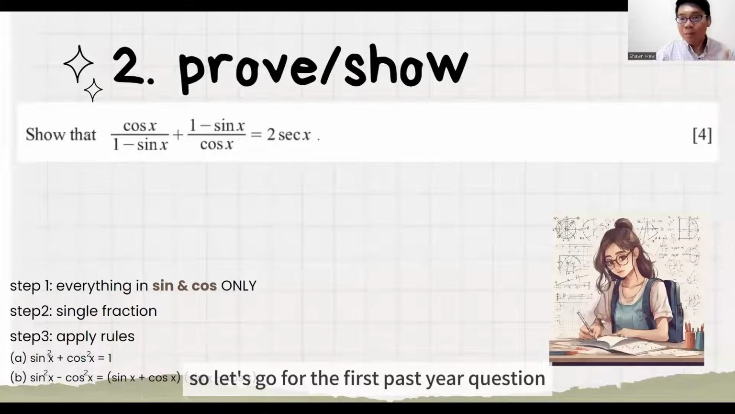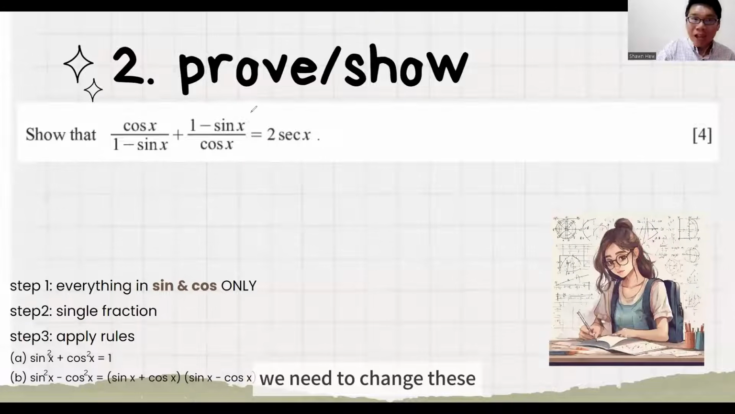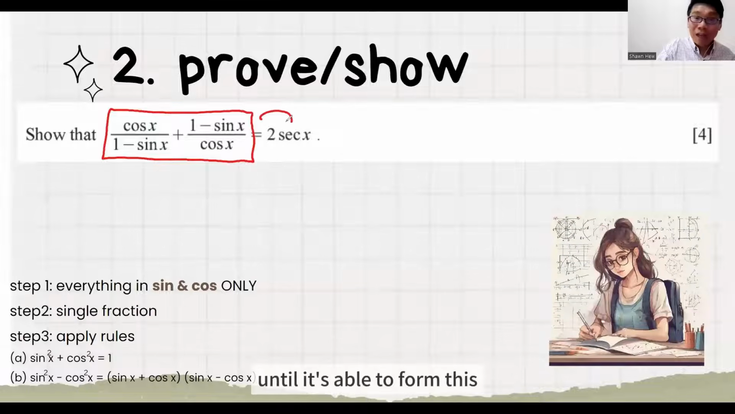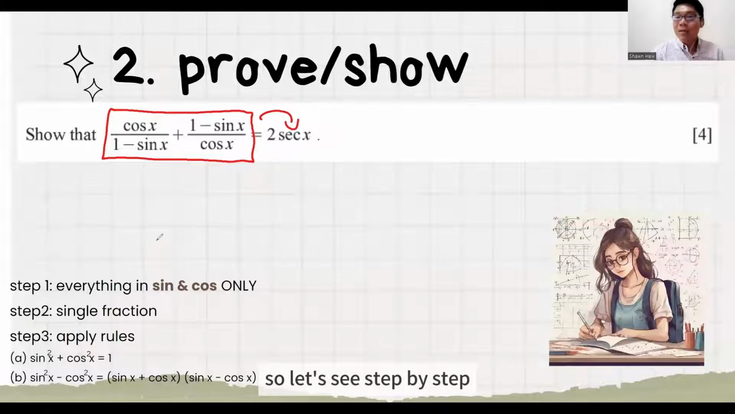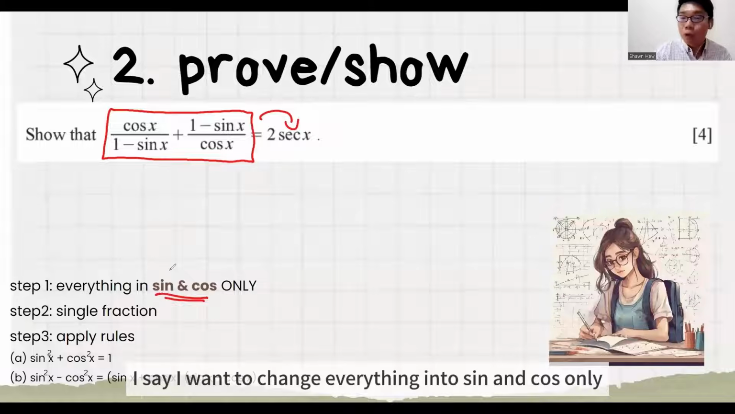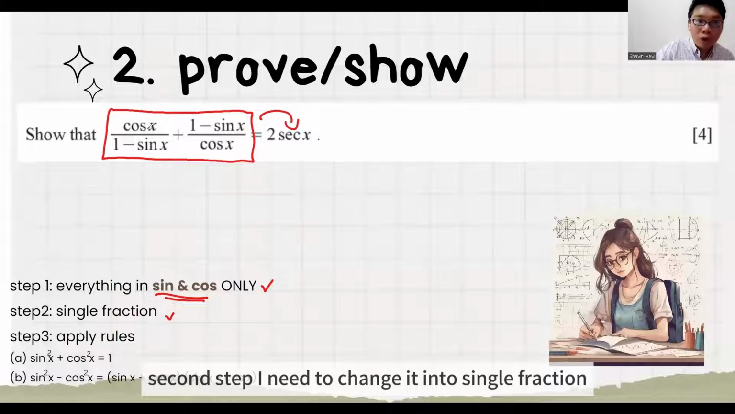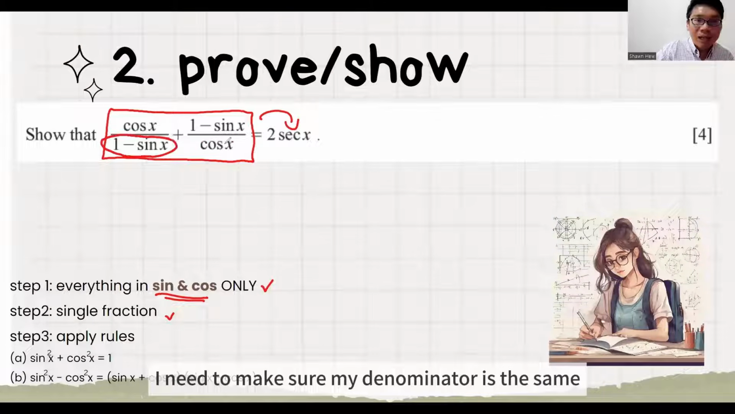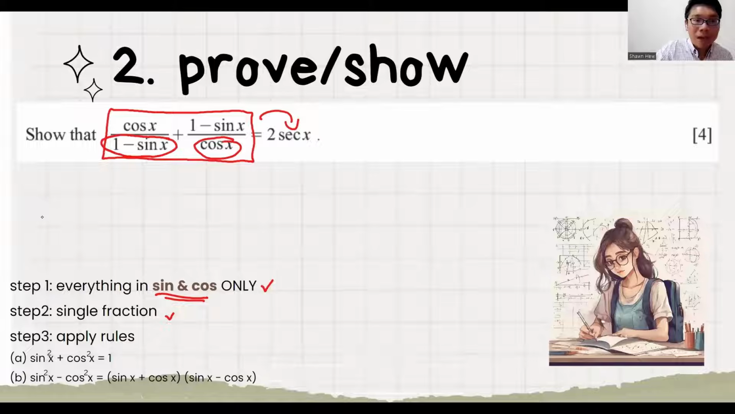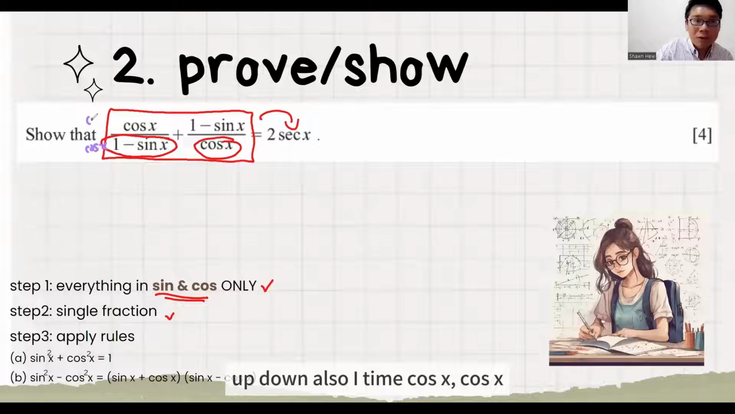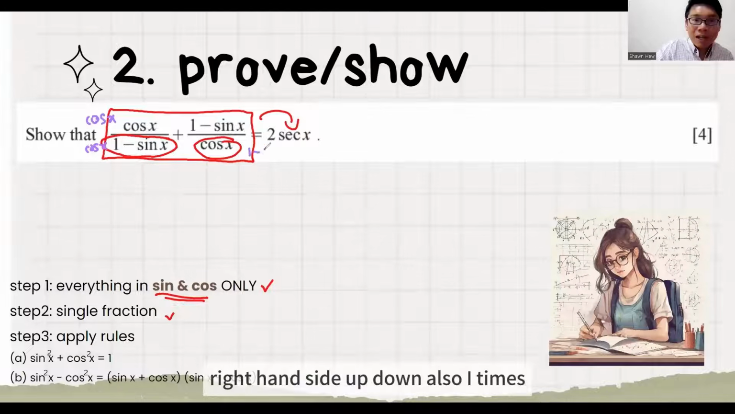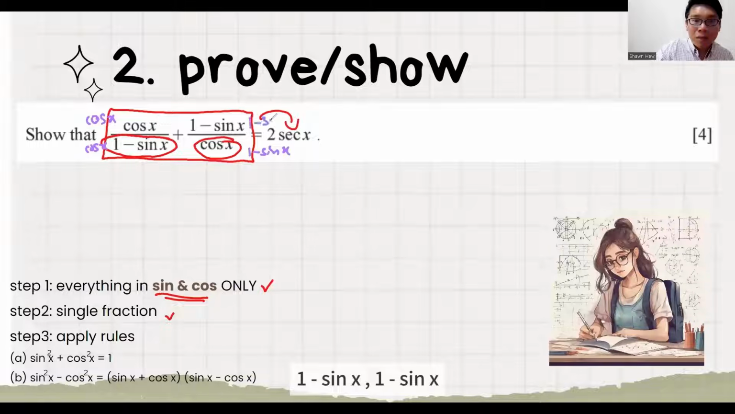So let's go for the first past year question. We need to change this until it is able to form this. So let's see step by step. First step, I want to change everything into sine and cos only. Everything is in sine and cos already, so this step is done. Second step, I need to change it into a single fraction. I need to make sure my denominators are the same. For the left-hand side, up and down I times cos x. Right-hand side, up and down I times 1 minus sine x. So the thing that I will get is